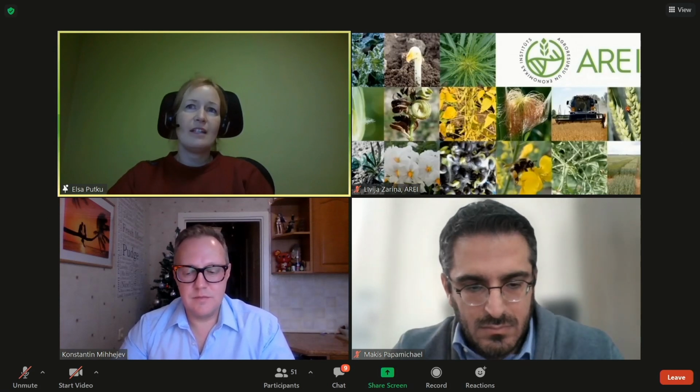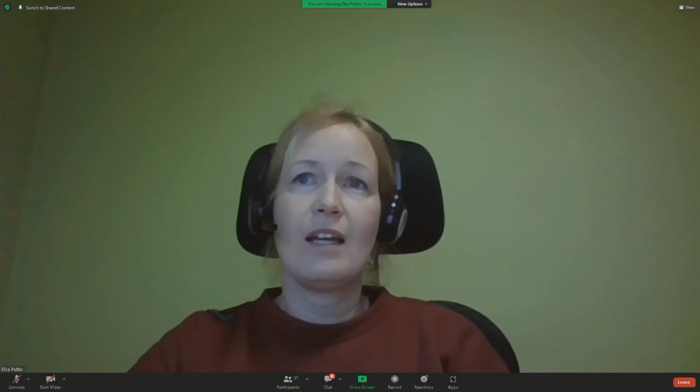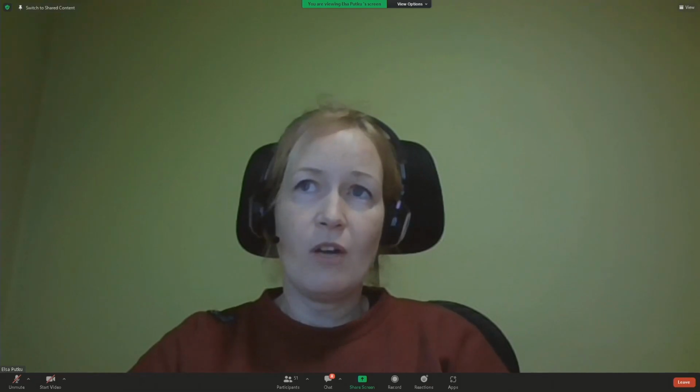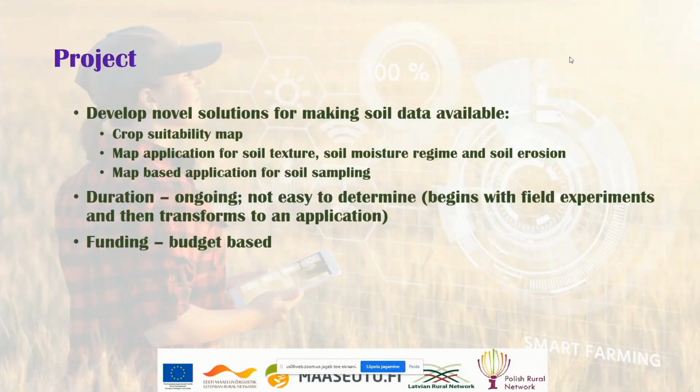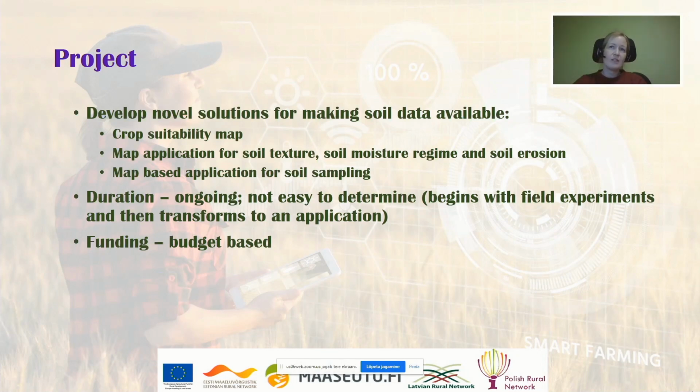So in that perspective, some of the map applications, like for soil, for crop suitability, we use data from very long time ago, and to update it, we are doing field experiments right now. So it's a very long-term thing. The funding, it's budget-based. We don't apply for any specific projects for it. We do this as part of our work.